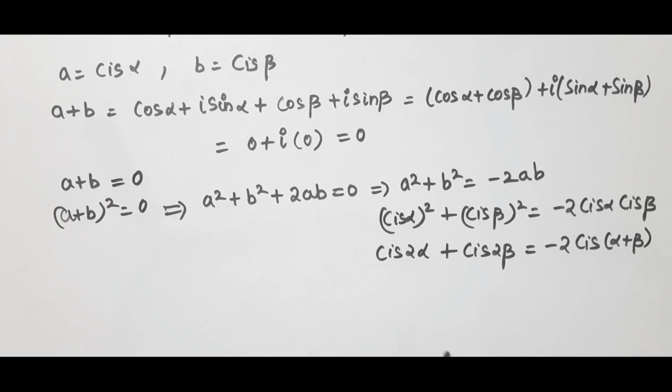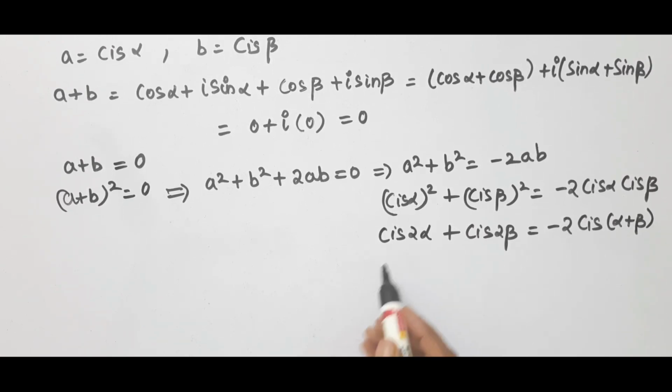Once you watch the video, this video becomes very easy for you to understand the tricks which I am using to solve the problems in this video. So first watch part 1, then come to this part 2. Now cis 2 alpha plus 2 beta can be written as, which is nothing but